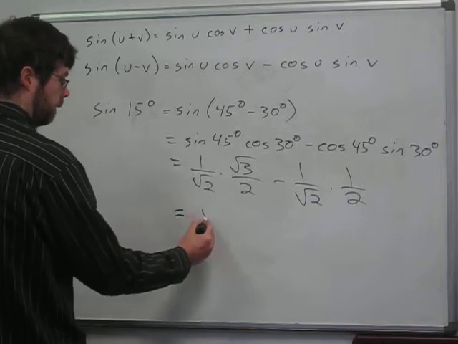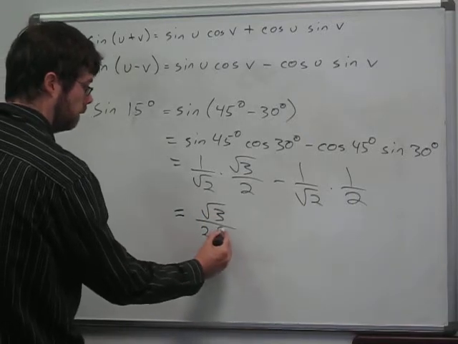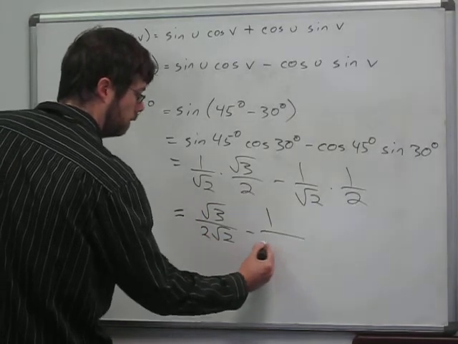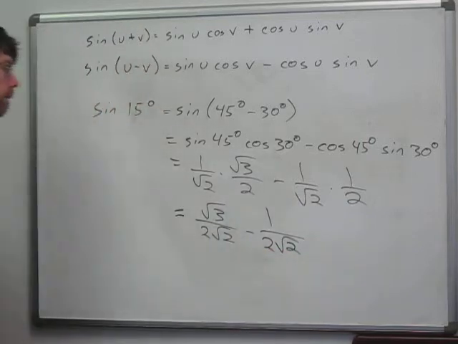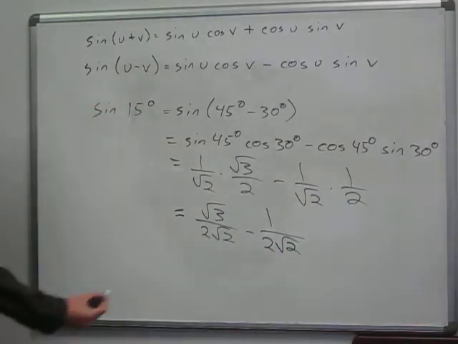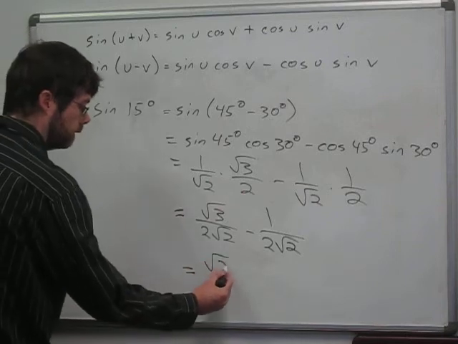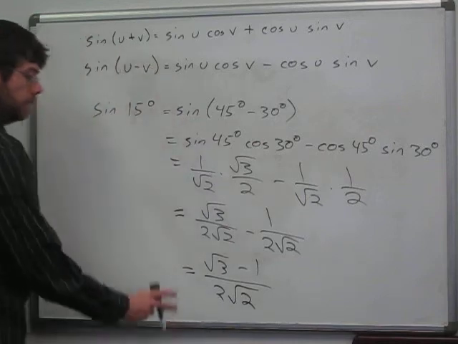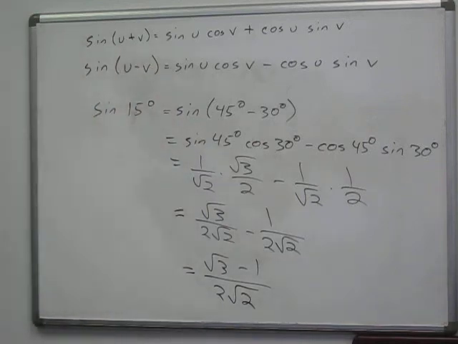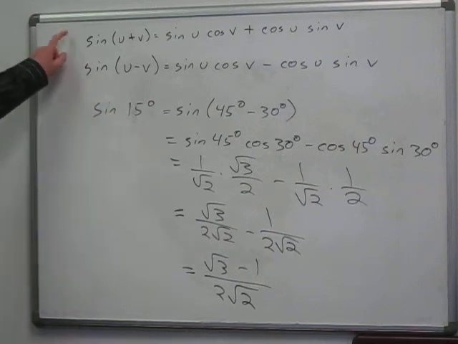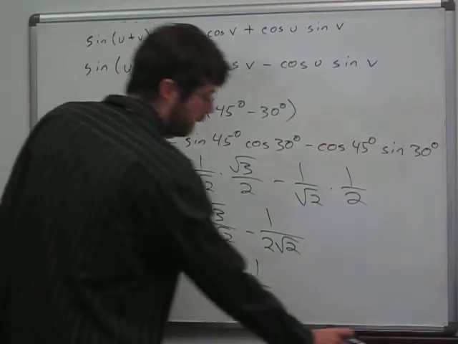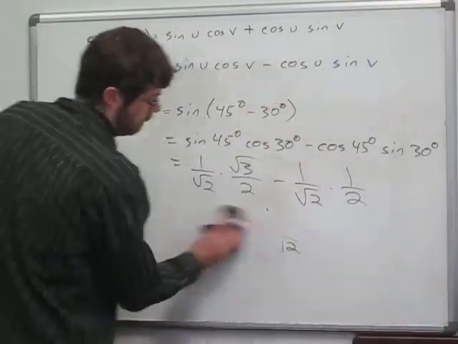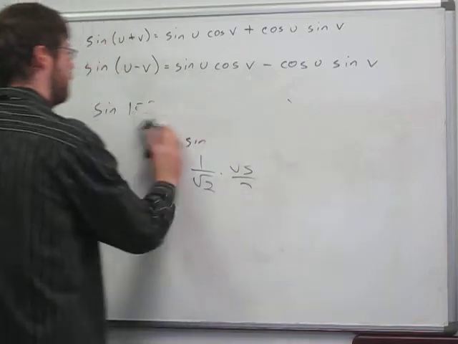Okay. Multiply our fractions. And we get a common denominator here, so let's just write it as root 3 minus 1 over 2 root 2. And this is exactly the result that we got in the previous video when we evaluated the sine of 15 degrees using the angle sum. Okay. Alright, so now that we've seen an example, let's look at a rather quick proof